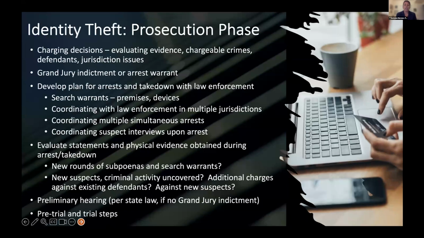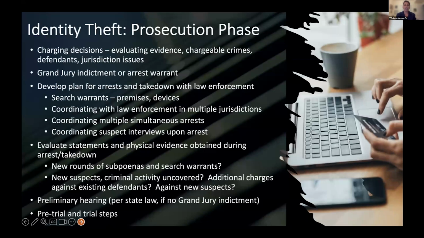But if you are moving forward and it's one of these pre-arrest situations, you're probably talking about a grand jury phase, an arrest warrant. And if it's a one-person case, okay, it's going through the arrest stages and heading into the regular prosecution phases. But some of these cases end up being multi-defendant, multi-jurisdictional, and you may be planning some kind of multi-jurisdictional takedown similar to a narcotics case with all the steps and decisions that have to go into that.